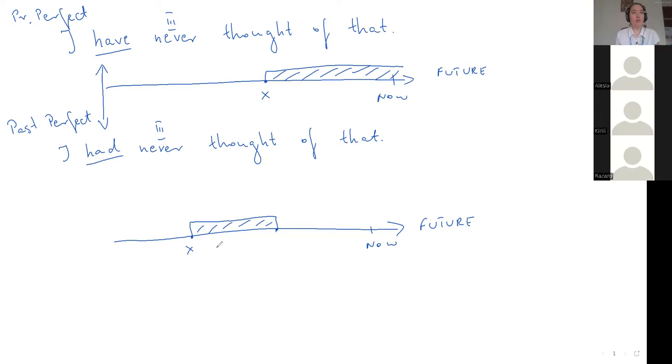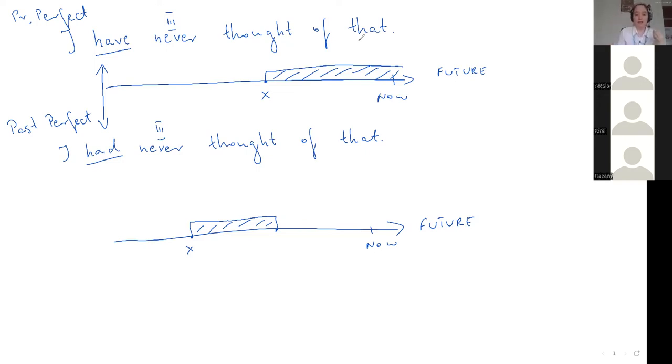So if we are talking about, for example, the situation of you now listening to me about the perfect tenses, and you could say, for example, I have never thought of the fact that present perfect is actually the present, not the past. Okay, so I just told you that. You're like, yeah, really, I have never thought of that. So right now you are in the situation that you have to digest it, you have to think about it.